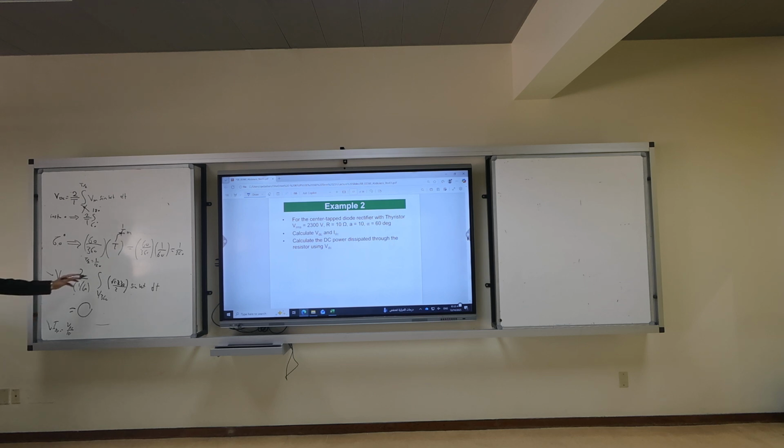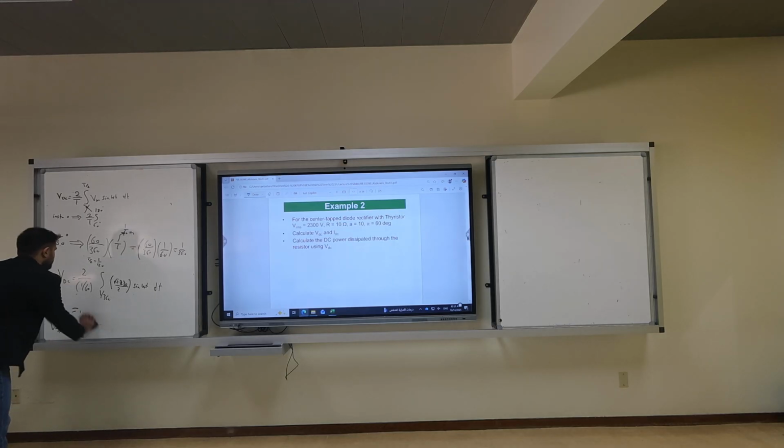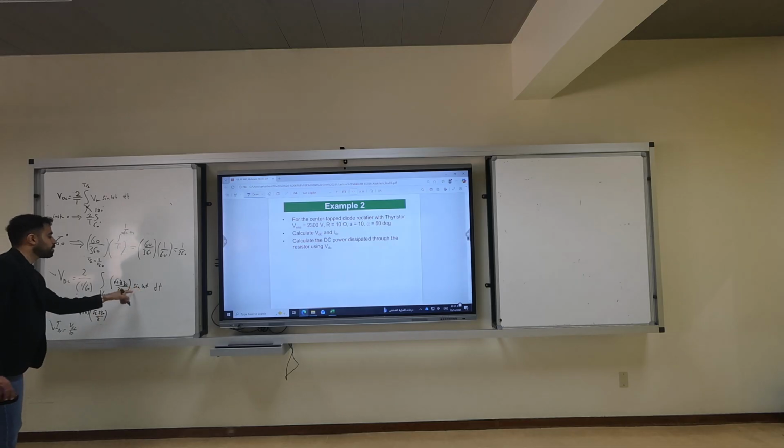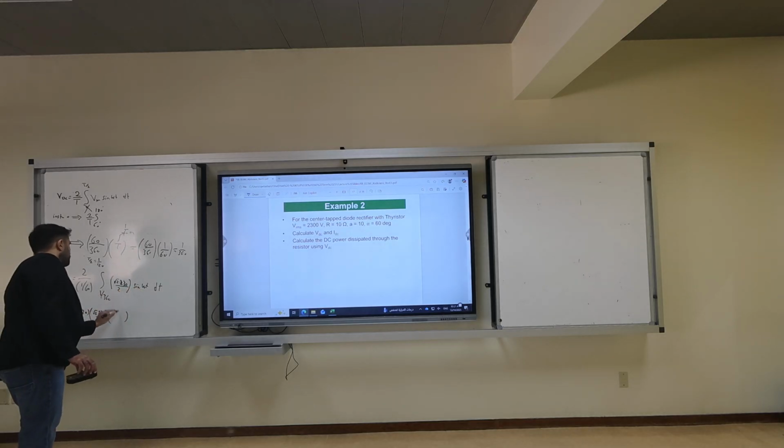So I don't know how to do it, but what I know is I think I'm trying to do it, which is 2 over 160 is what? 120 times square root of 2, 230 over 2, and then 1 over omega, which is 1 over 2 pi